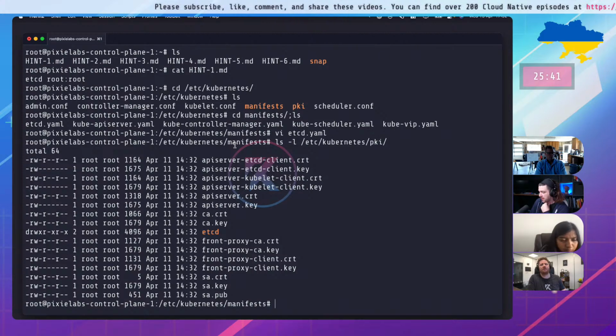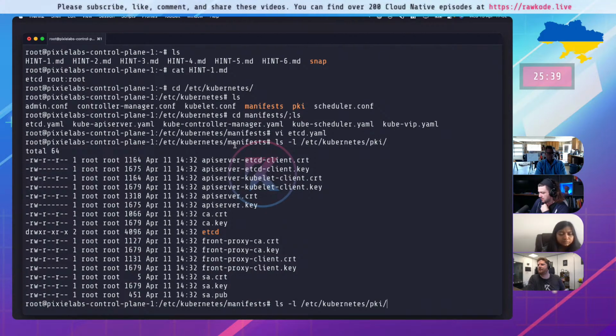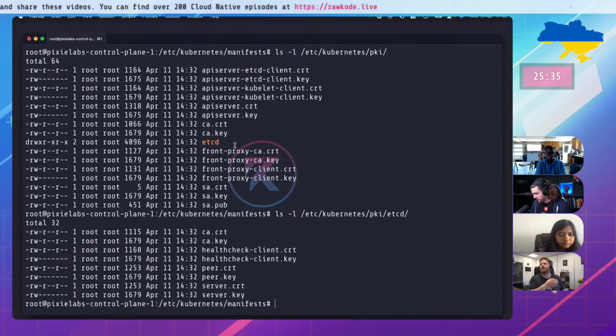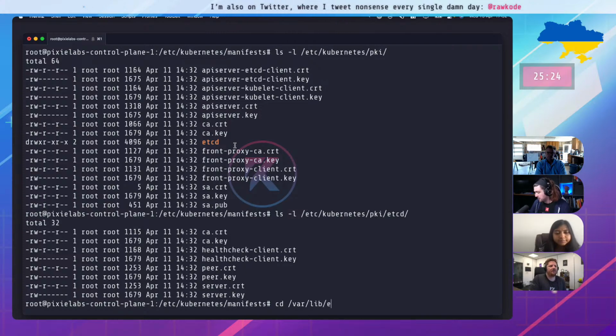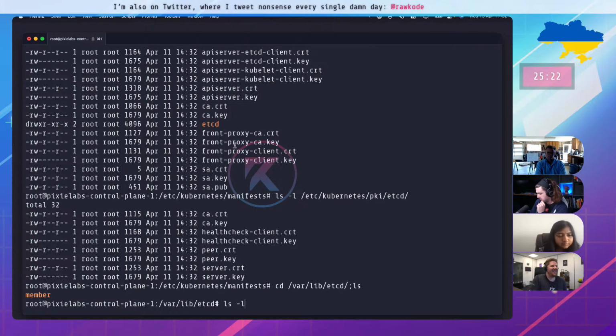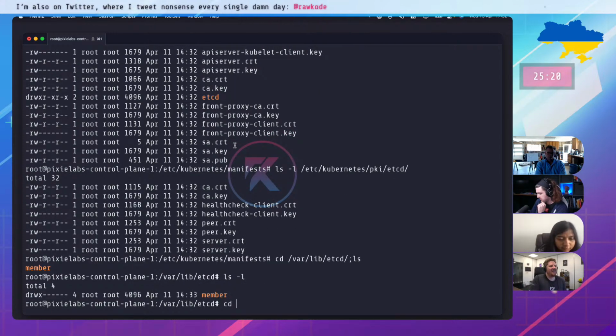Jeff, could we look at /var/lib/etcd and look at the file permissions on the file? I'm sorry, what's the path again? /var/lib/etcd, I think is what the... Yeah. Member.